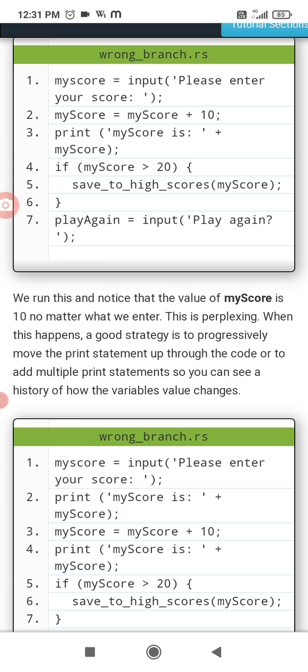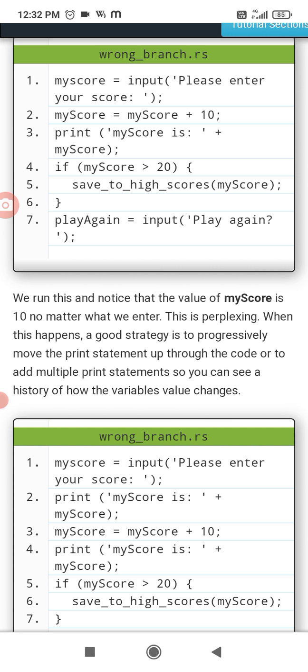If you put 1 as your input for my score, then in the second step you add 10, and the answer is 11. 10 plus 1 is 11, then 11 is less than 20, right? Then we don't get our final answer, then play again.